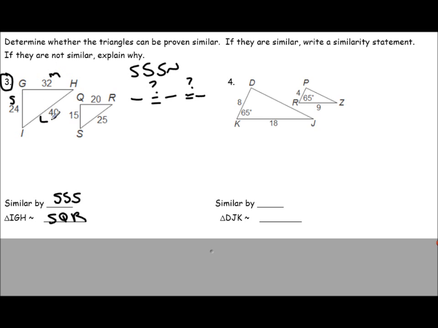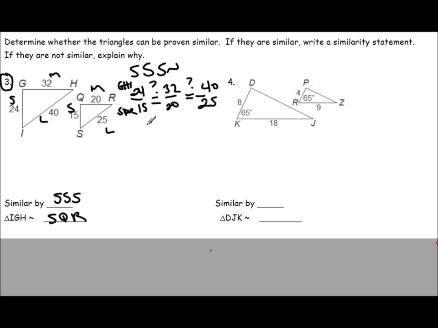First, I'm going to label small, medium, and large in each triangle so that I know which sides match with which. And then I'm going to make my measurements GHI on the top of my fraction and the measurements of SQR on the bottom. So small side is 24. Small side of triangle SQR is 15. We have to see if that equals medium 32 over medium 20 and see if that equals large 40 over